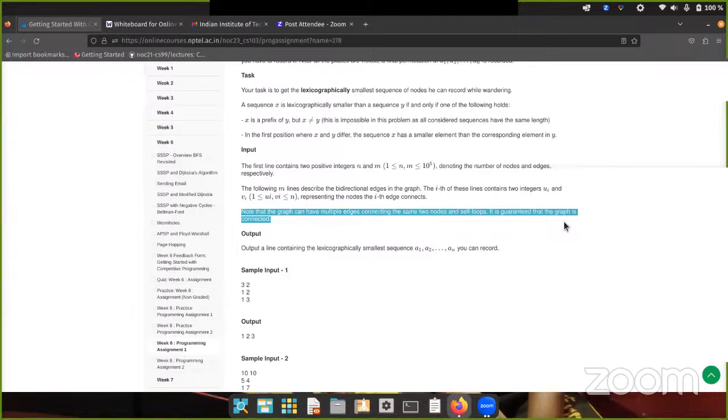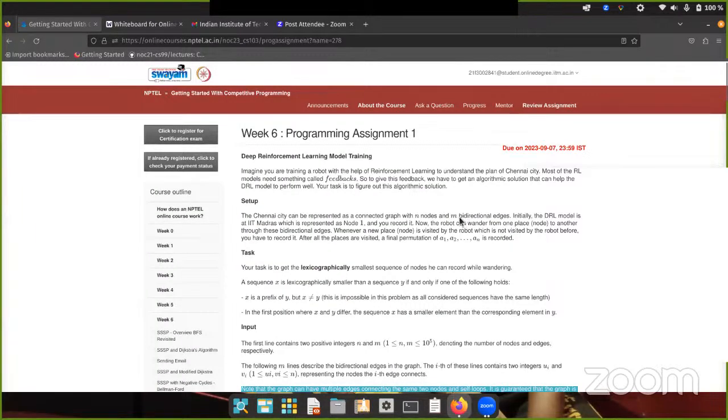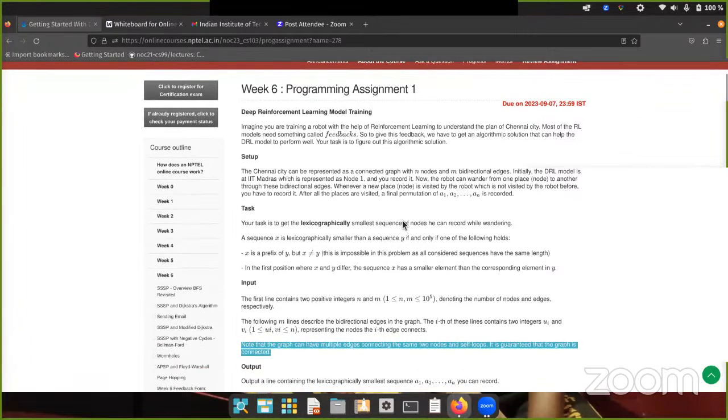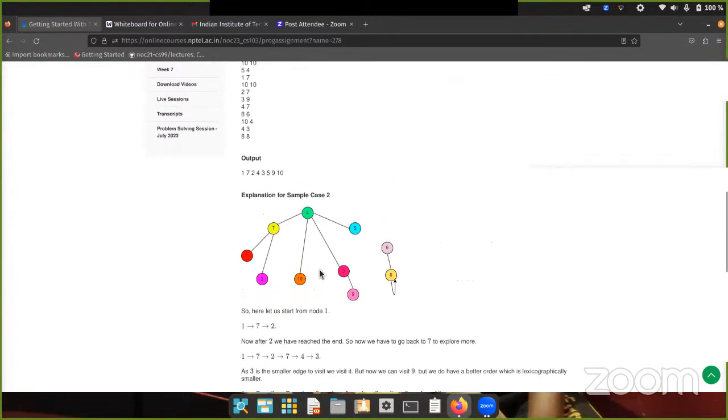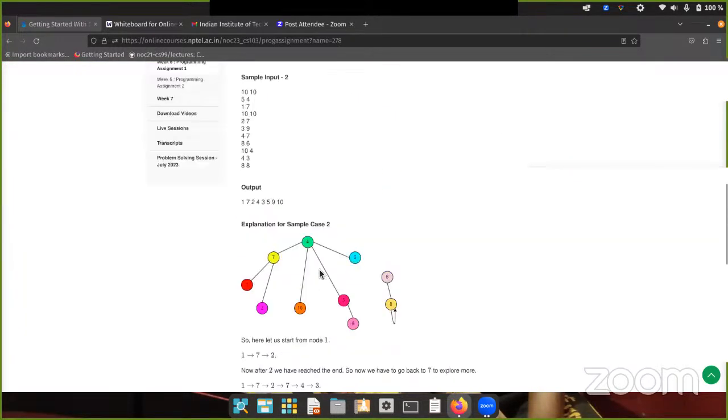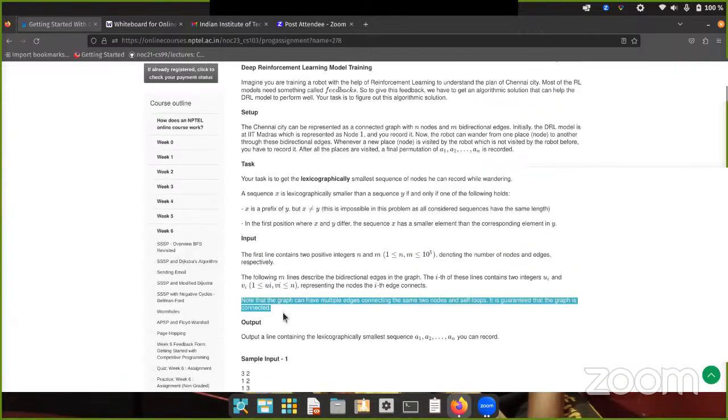Okay, so, is it fine? Can I explain? I believe the test cases need not be connected in some sense.